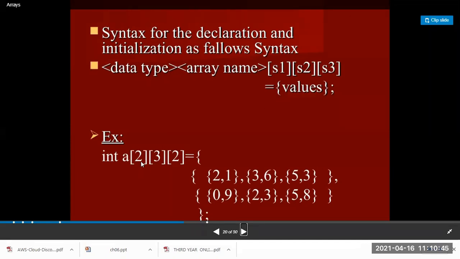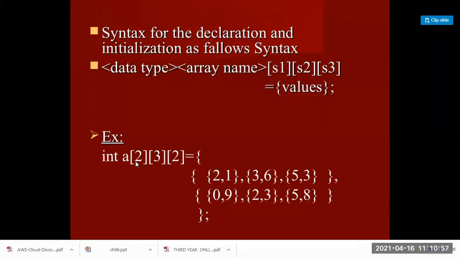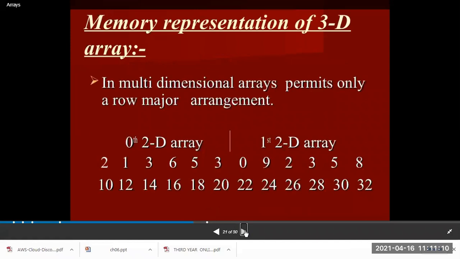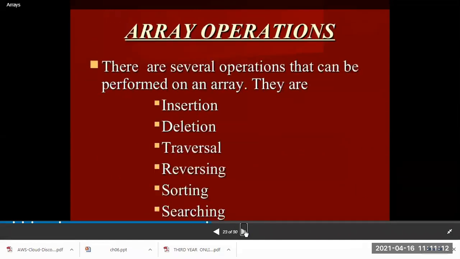If it is 5, we have to store the elements in 5 arrays with 3 rows and 2 columns each. Each array can handle 3 rows and 2 columns. And here, how many arrays are we using? Here 2 arrays, 0 and 1. The memory representation is just like the previous one.